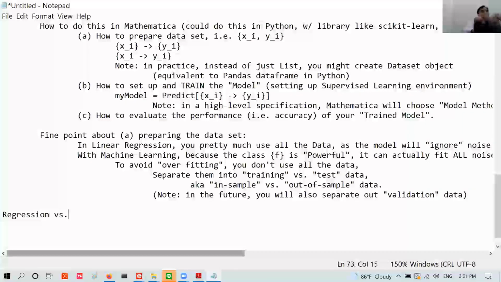Regression versus classification, right? So regression, y is equal to a number, okay? And then y